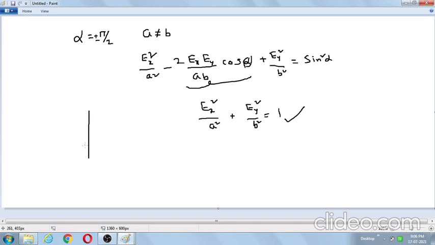So here this is equal to ex and this is equal to ey. The elliptical polarization ellipse seems to be like that. Okay, that means the difference between the ex component and the ey component is 90 degrees. Magnitudes are different, then it is called elliptical polarization. For example, if the wave moves in this direction, assume the wave propagates outside the paper, then it